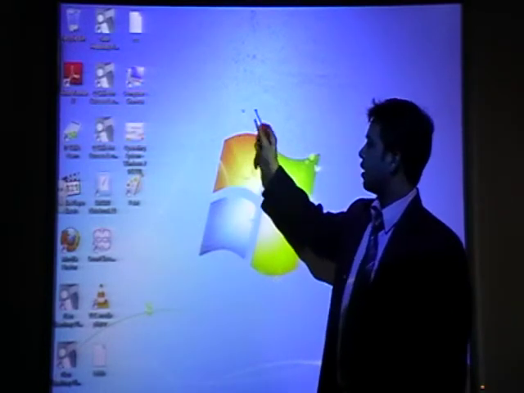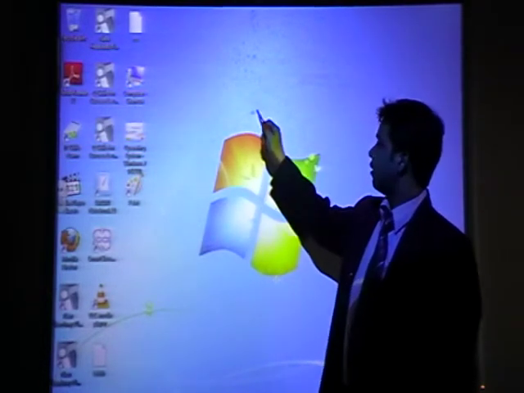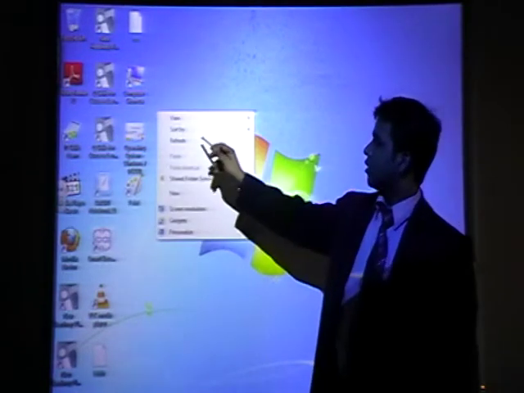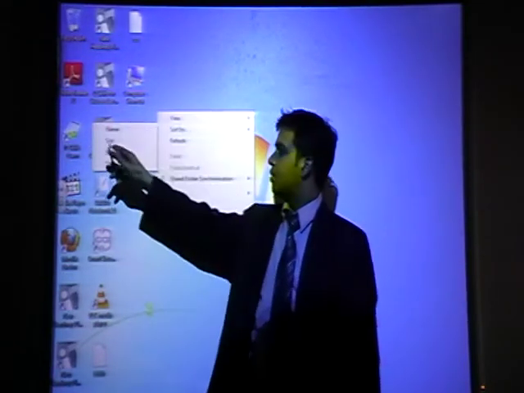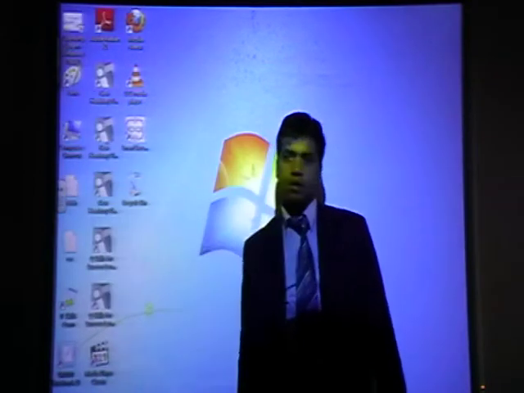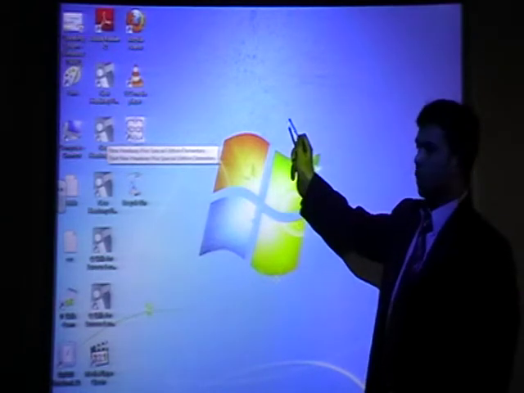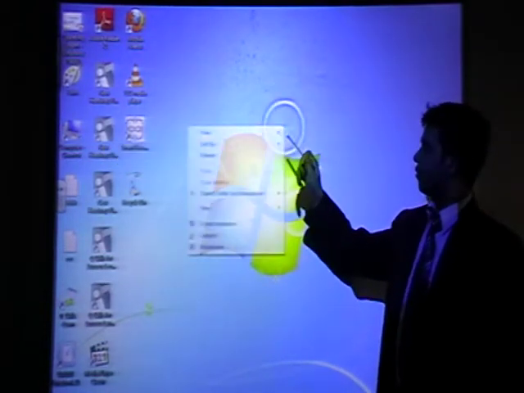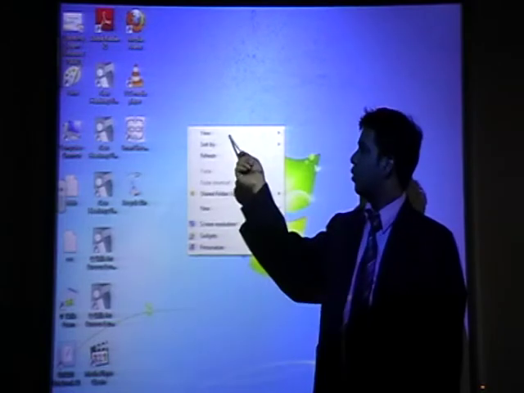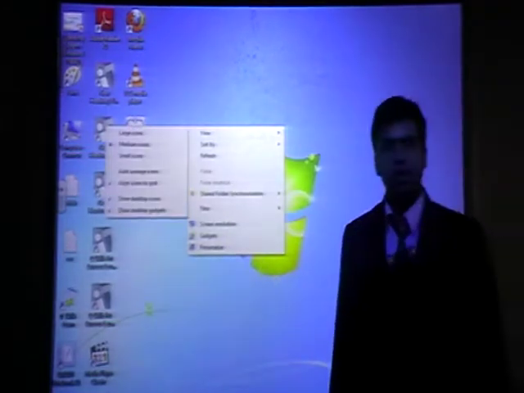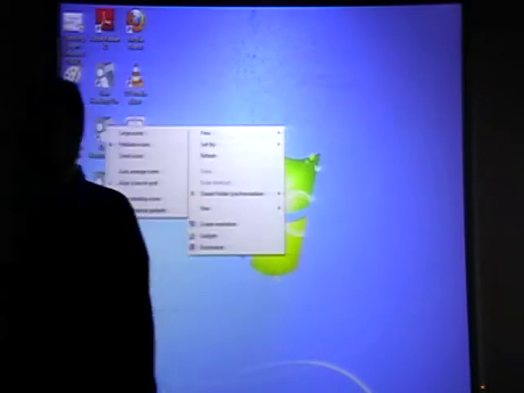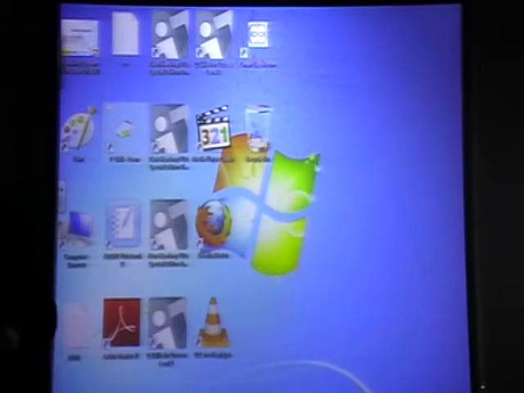Right click here. Sort by, name, size. Size. Can you see? So it will be arranged like that. Now you right click. Go to View. When you click on View, you will get a menu. In this one: large icons, small and medium. Choose large icons. Okay, it is big.